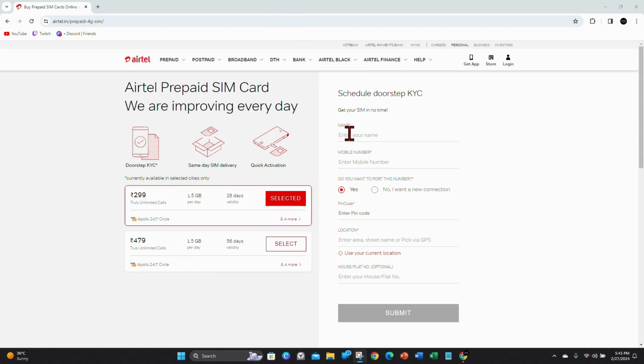And then once you've done that, enter in your name, mobile number, and if you want to port this number, click on yes and then enter a PIN code, or if you want no, I want a new connection, you can click on that. With location, put in your location, or you can click on use your current location. And then after that, click on submit,